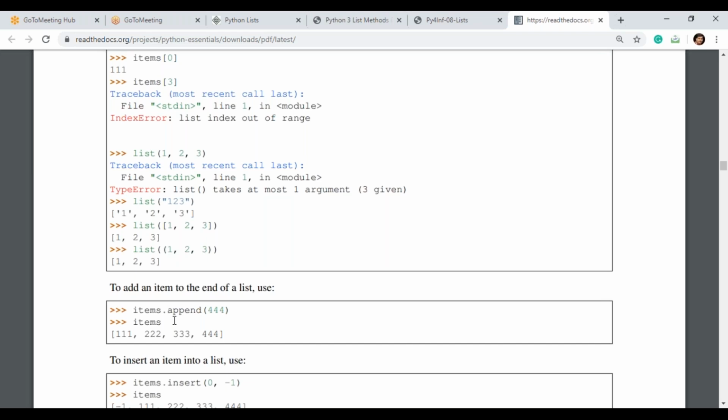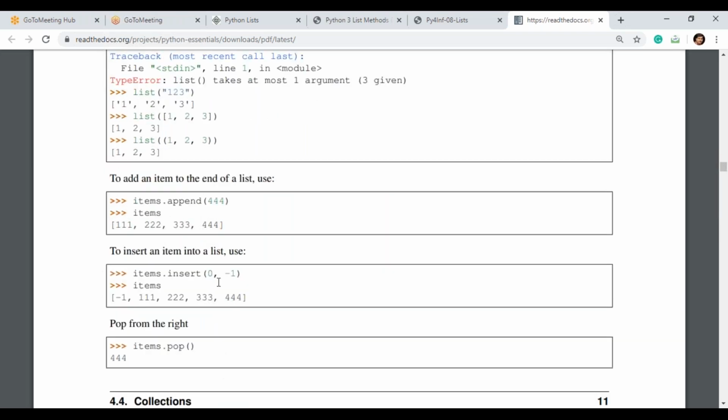If you want to use the append method, or if you want to insert, you can specifically mention which element you want to insert at which position. At the 0th position, -1 you can put. Simple. See, -1 comma 222 comma 333 comma 444. Next, pop from the right. Pop will remove from the last, because last in, first out.